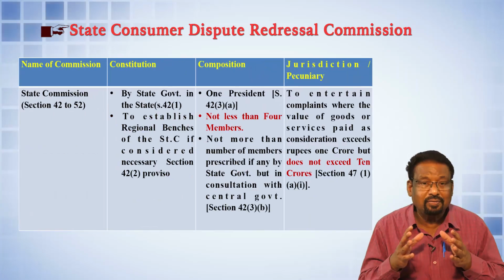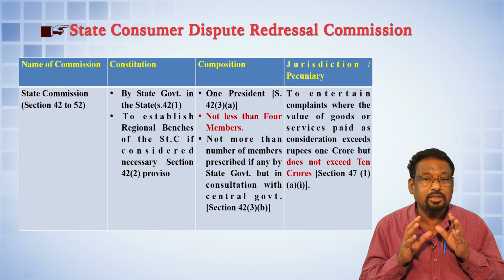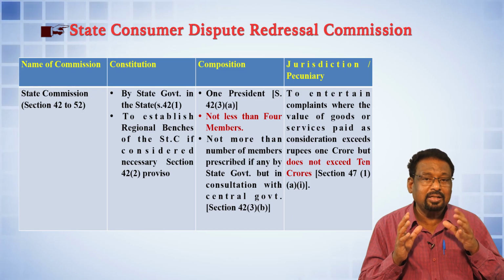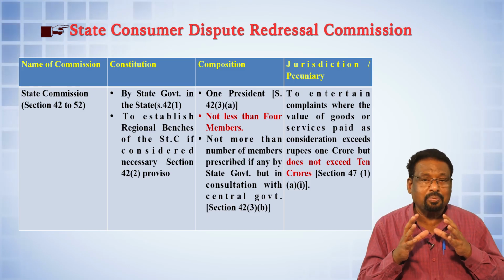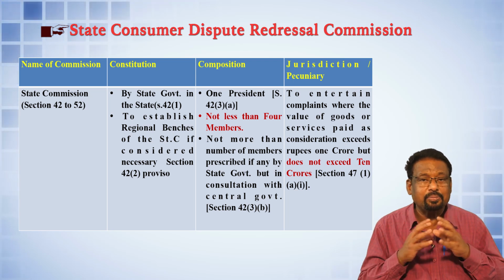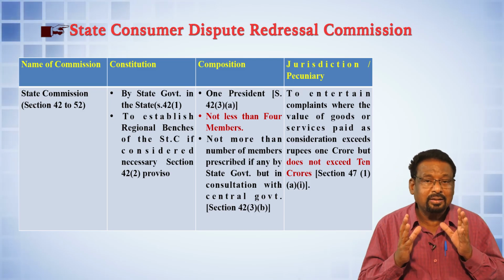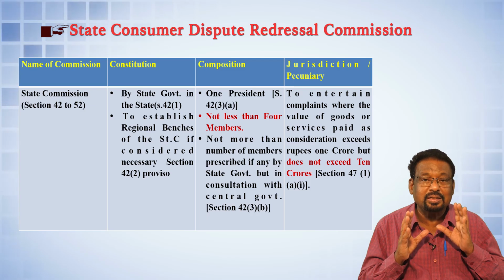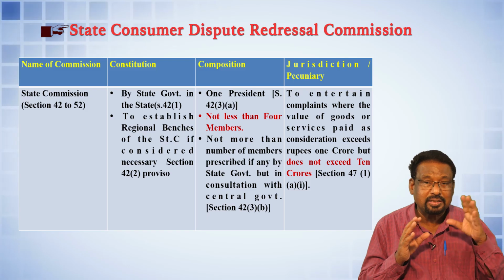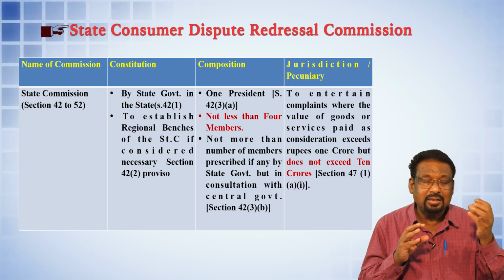Similarly, at the state level, again the state government is vested with the power to establish the state consumer dispute commissions. Generally the state governments don't go for it, but the central government has been vested with the power to constitute one state level commission for more than one state in smaller states, like the northeastern states. Again, as far as membership is concerned, there will be one president and not less than 4 members. In the district forum, the president generally will be the judicial person, and other than them only 2 members.